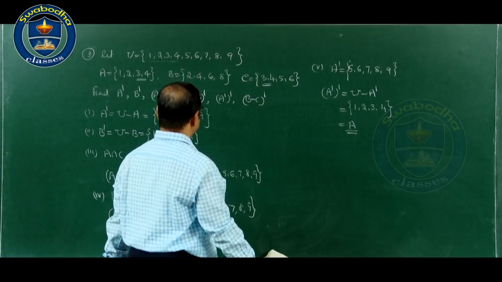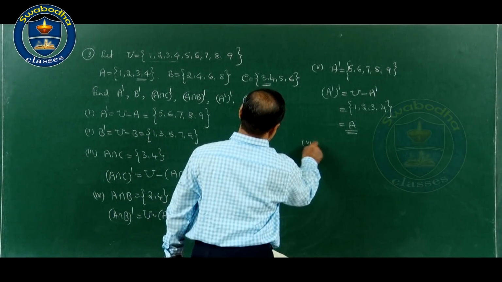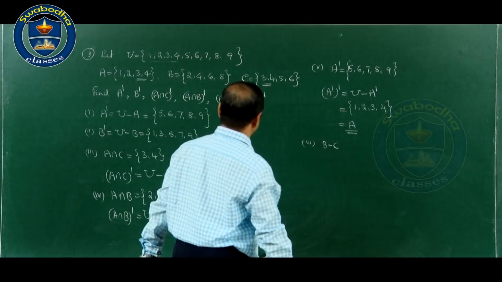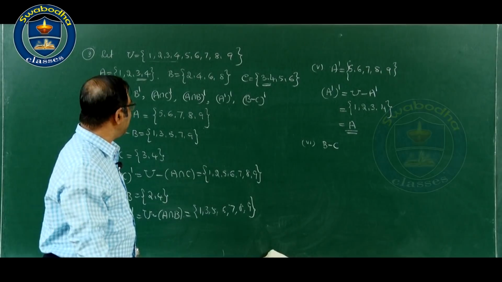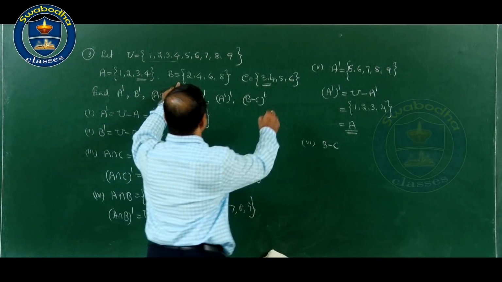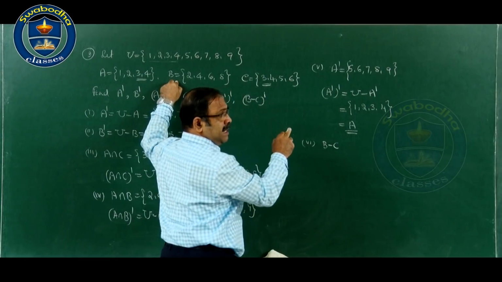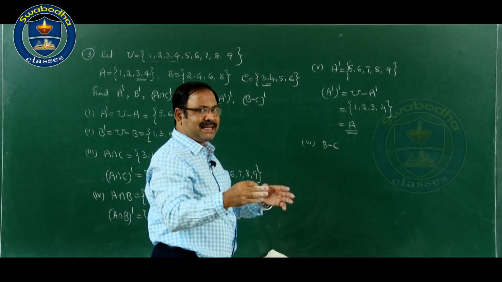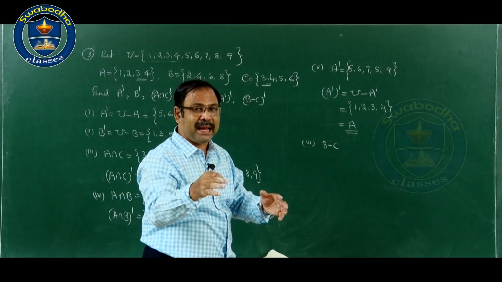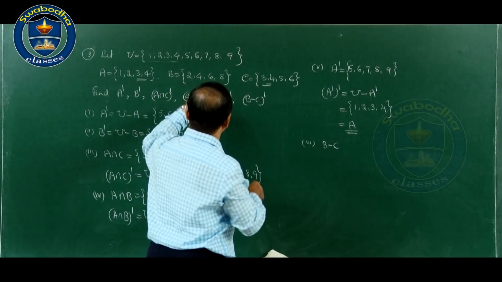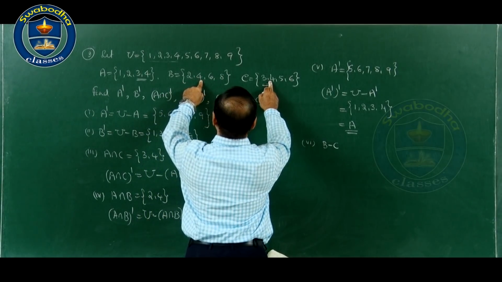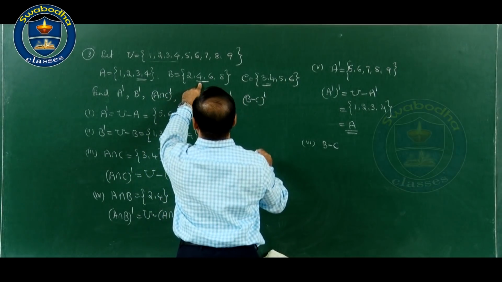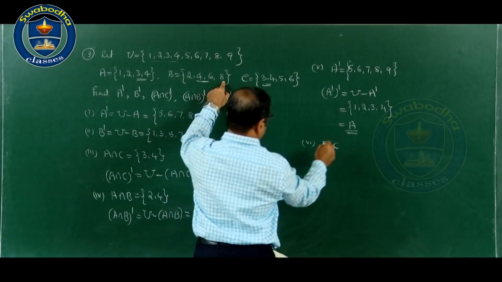Follow this. Next, finally we have C, B minus C complement. What to do? Write B minus C. What is B minus C? All those elements which are present in B but not present in C. So B minus C, in other words, common elements present in B and C must be subtracted from B. Here, which are the common elements? Only 4 and 6. See, in B and C, 4, 6. So B minus C is equal to 2,